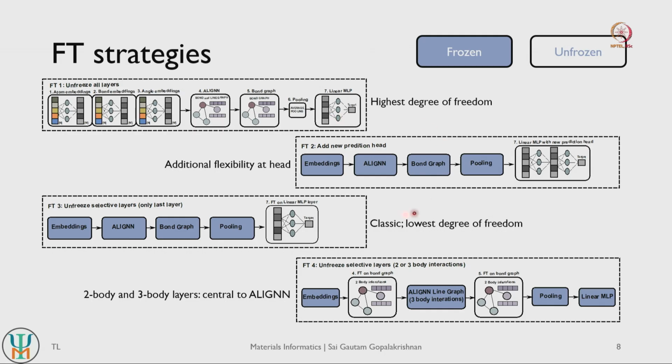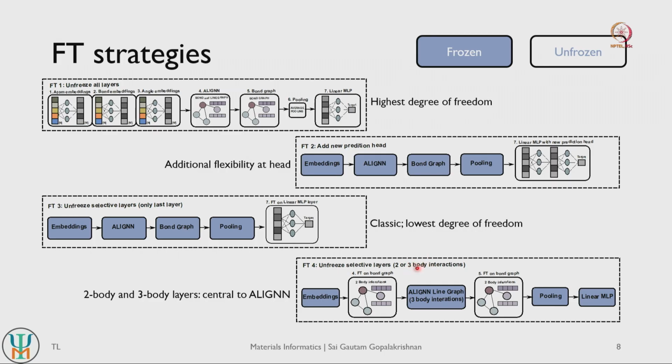So this is the highest degree, this is the lowest degree. We also considered one additional degree of freedom, where in addition to unfreezing your prediction head, we also unfroze the bond layers as well as the line layers or line graphs. So the bond graphs are basically encoding 2 body interactions, so we unfroze layers that were encoding these interactions to see how important these interactions were, and we also selectively unfroze the 3 body interactions, the line graph